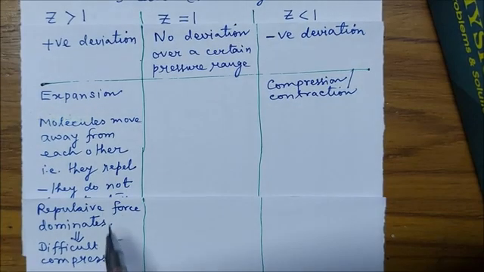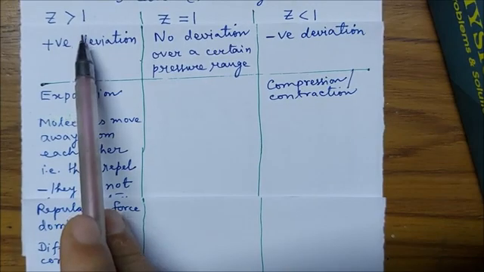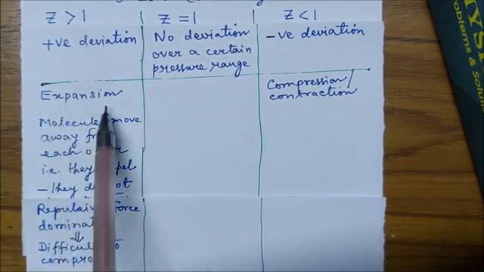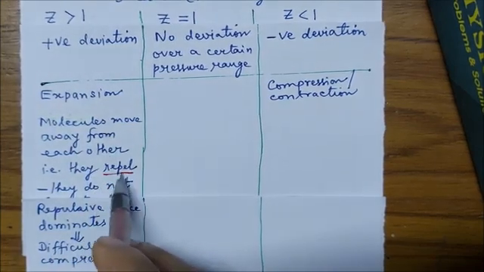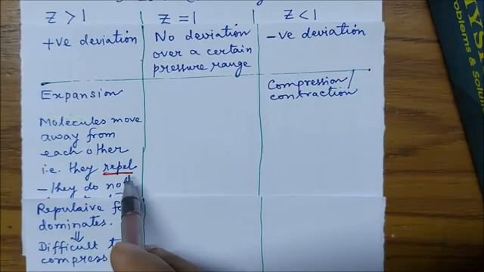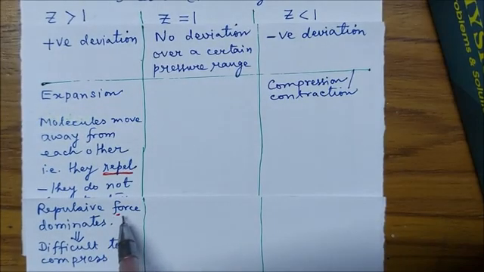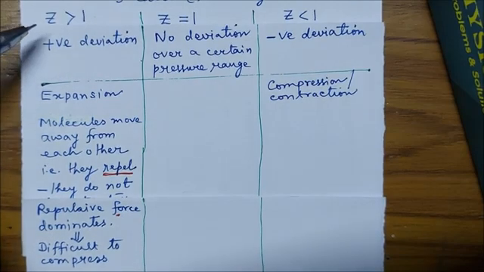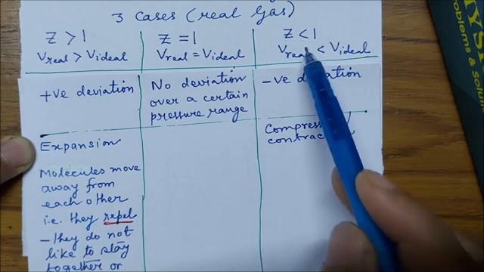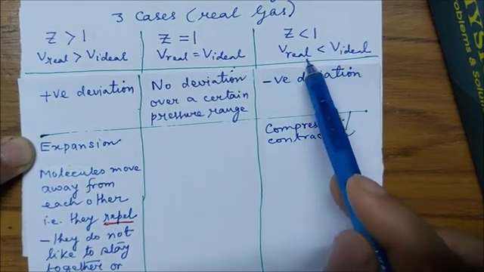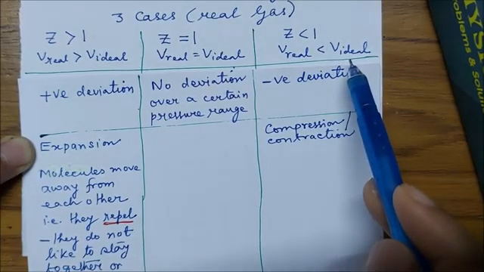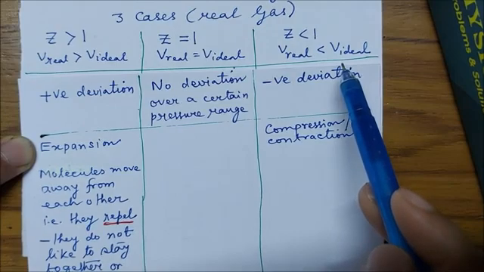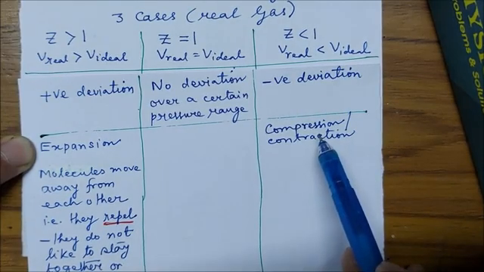So the key points for Z greater than 1 situation is that it corresponds to expansion where molecules repel each other, the repulsive tendency dominates, repulsive force makes its presence felt, and because of this repulsive tendency of the molecules, the gas is difficult to compress, and that again means that the compressibility factor exceeds unity. For the case Z is less than 1, V real is less than V ideal, which means the real gas occupies less volume, that is, it contracts, and this is possible if